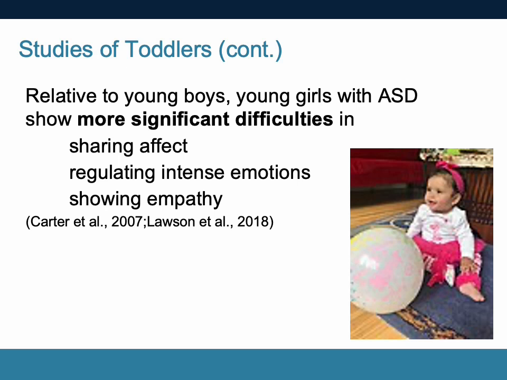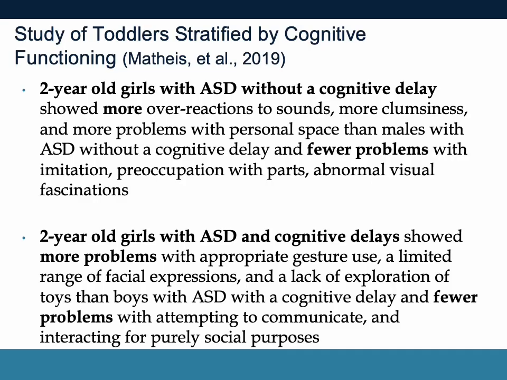It's quite possible, as we learn more about the early emergence of emotion regulation skills with people on the spectrum, that we'll discover that females have a particularly difficult time in this emotional domain. Other studies of toddlers that have stratified their samples by the level of cognitive functioning have also been informative. In one study by Matthias and colleagues, we see that 2-year-old girls who have ASD but do not have a significant cognitive delay,